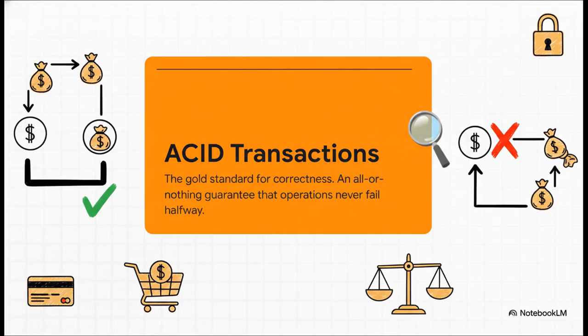See, when you absolutely positively cannot be wrong, you need something called an ACID transaction. Think of it as a sacred vow for your data. It's an all-or-nothing promise. When you transfer money, the system guarantees that the money is either fully taken from your account and fully added to the other, or the whole thing fails and it's like it never happened. There is absolutely no in-between. It's the gold standard for banking, e-commerce, you name it.